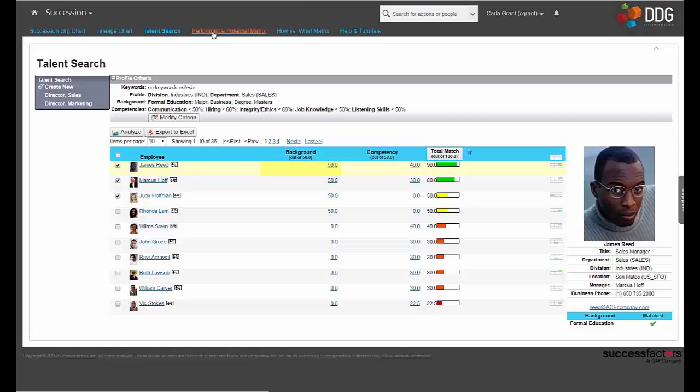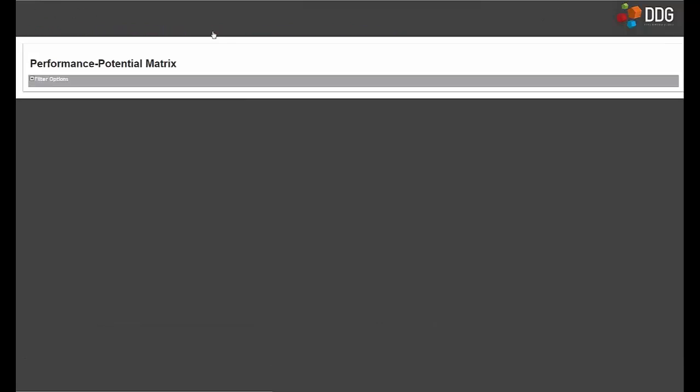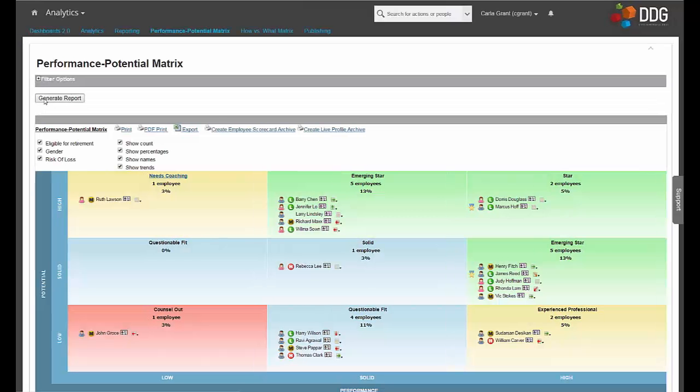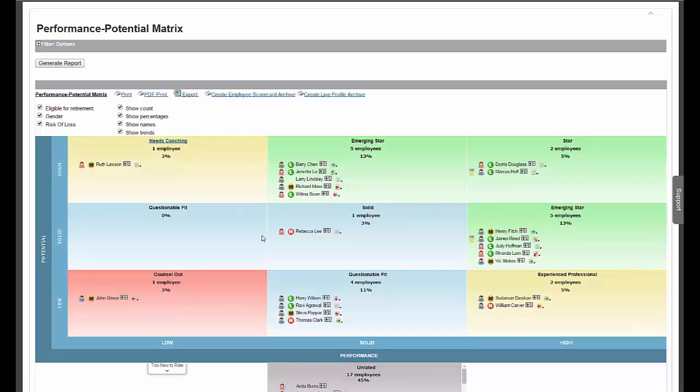Moving on to the performance and potential matrix. So this is the commonly known 9 box. But this is not calibration. This is a static, almost report of your team. And effectively what it does is plots them onto the 9 box matrix based on their performance and potential ratings. So it's static. We can't move people around the 9 box, but it gives us an analytical view